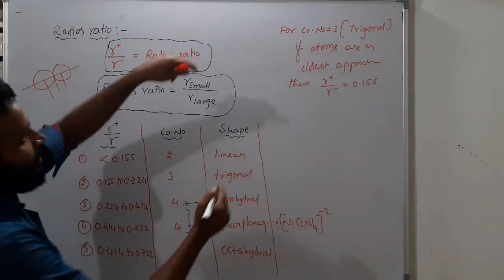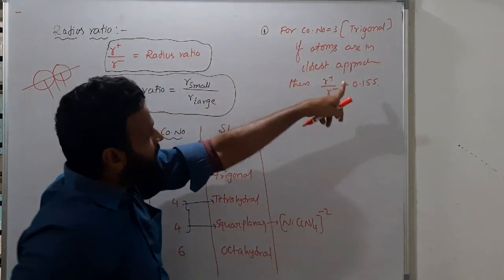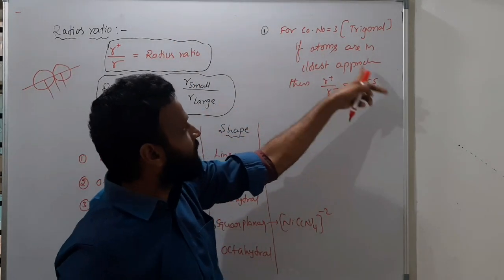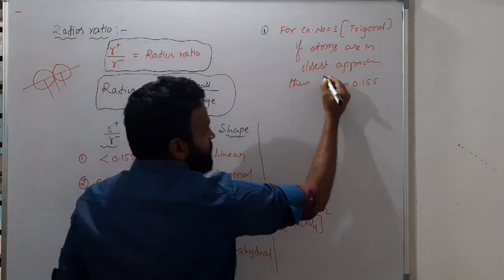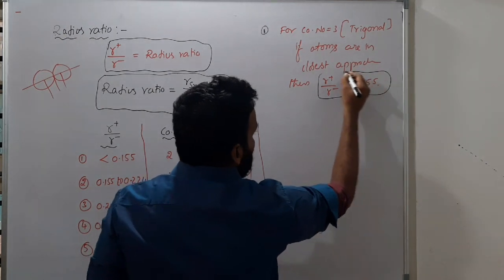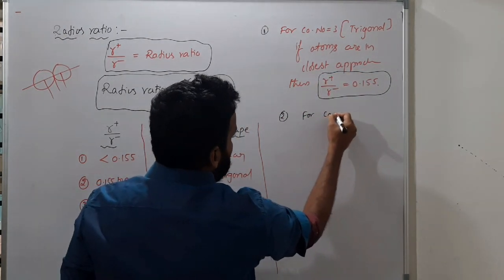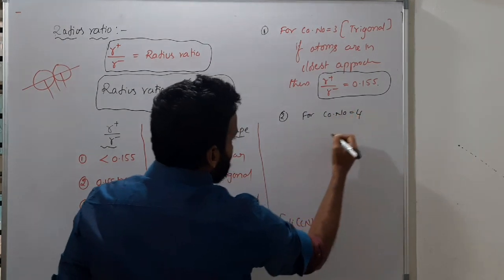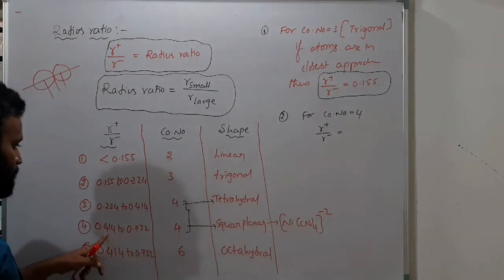So for coordination number 3, if the radius ratio is 0.155, then they are in closest approach, I told you. Now, for coordination number 4, r plus by r minus when they are in closest approach,